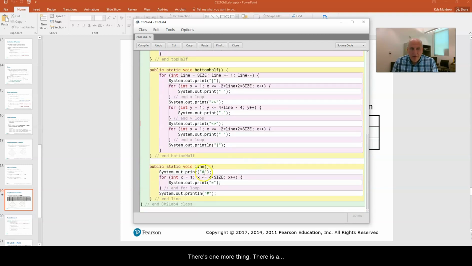And there's one more thing. There is a method to draw the line. As you can see, we start with the hashtag. We have a loop to draw the equal signs. And we have a hashtag to end it. Before I added the size constant, for a size 4, there were 16 equal signs. So in that case, I could make my loop go from 1 to 16. But now that I'm scaling it, remember, size 4 had 16 equal signs. Size 3 had 12. So it's 4 times the size will be the new number of equal signs that are drawn. And when I compile this, and when I run it,